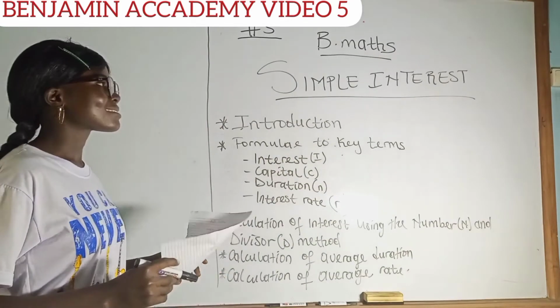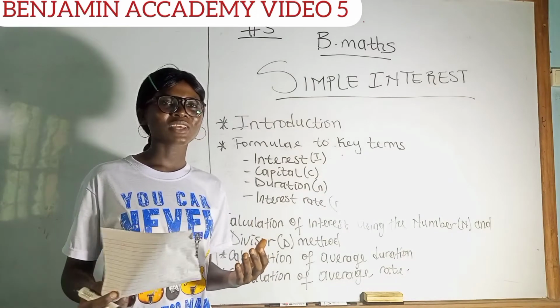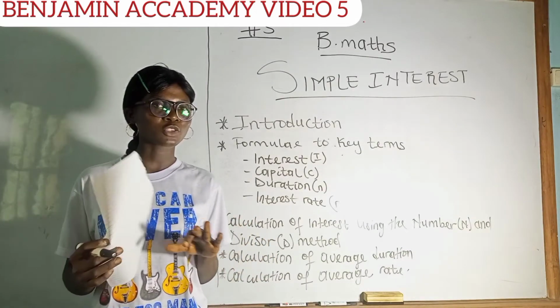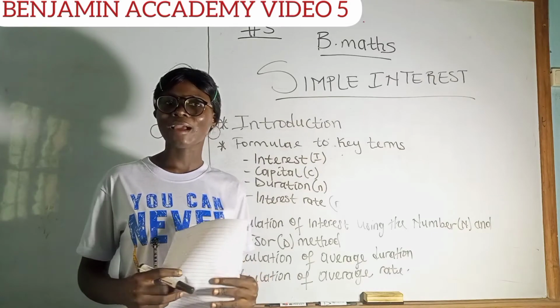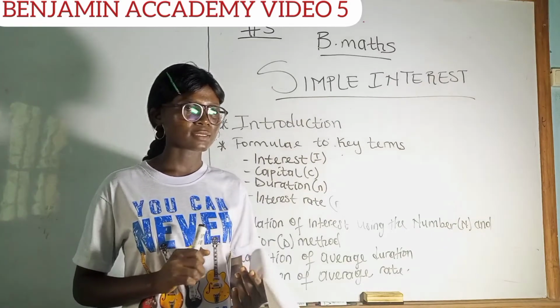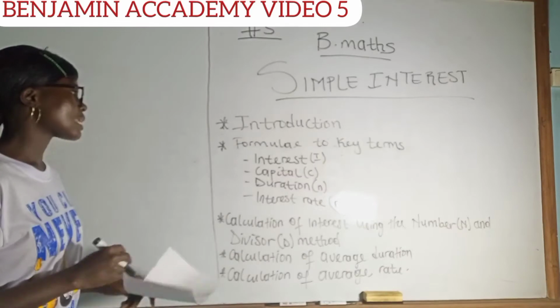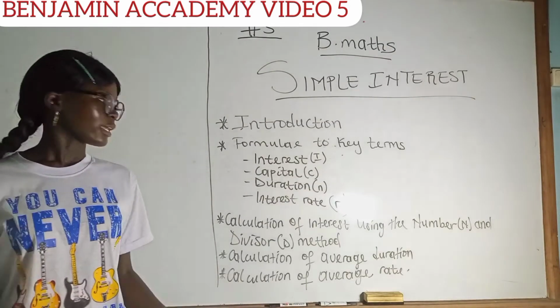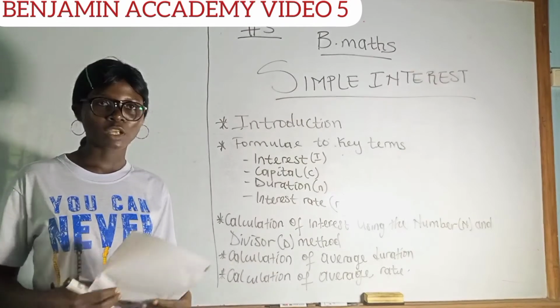Now we are going to see what simple interest is. Simple interest is the amount of interest which is calculated and which is constant all through. And simple interest is calculated per 100 francs. Next, we are going to see how we can calculate simple interest, capital, interest rate, and the duration of